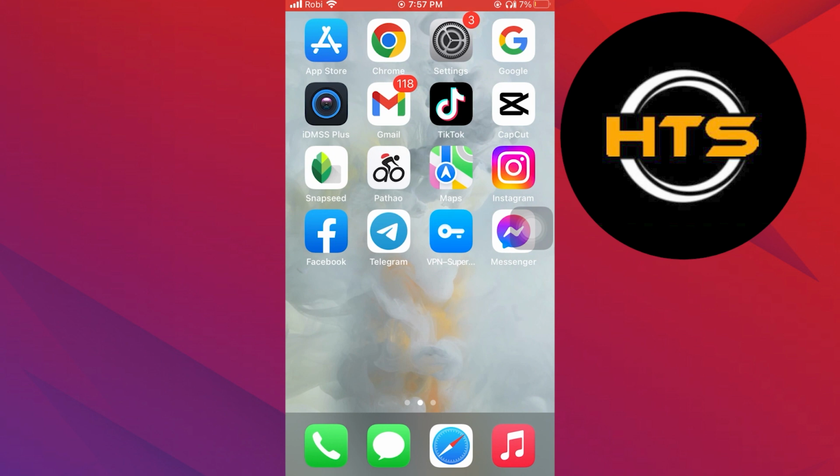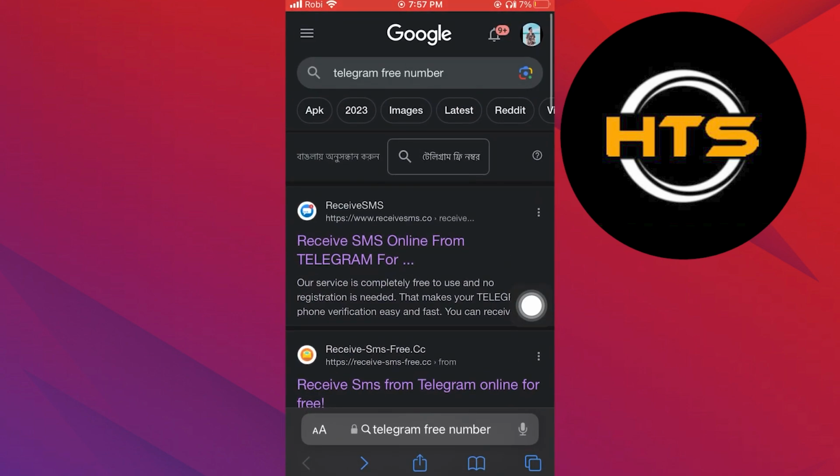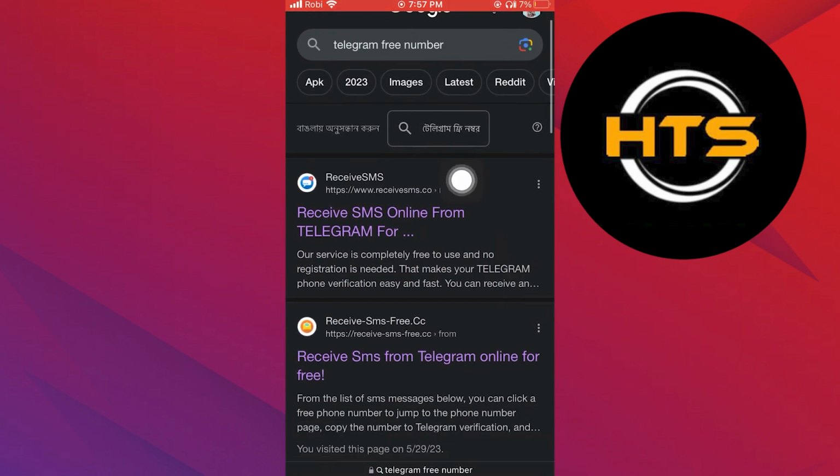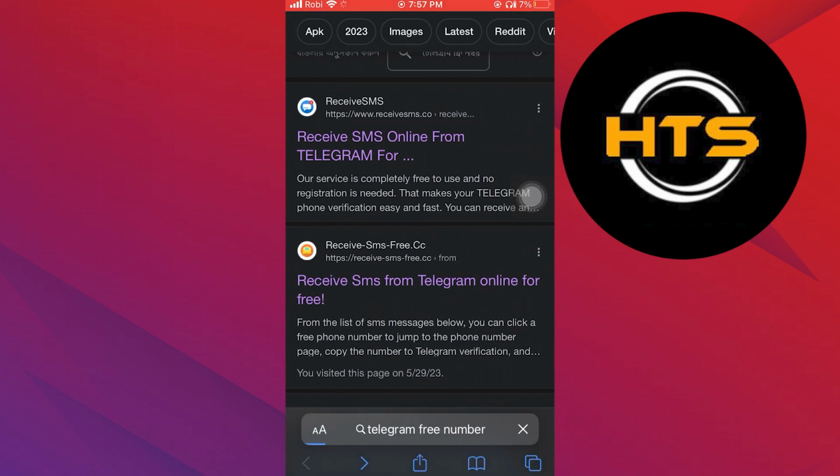To start, open the Telegram app on your mobile device. As you can see, you need to sign up before proceeding further. Now head toward the browser and search for Telegram free number. Here you'll find different websites that offer to receive free SMS from Telegram online. Click to open the link